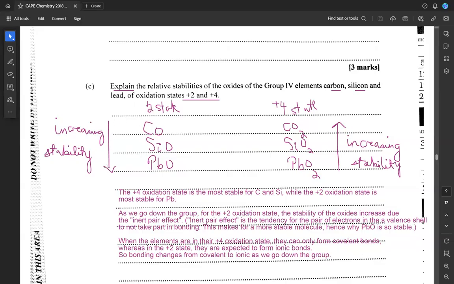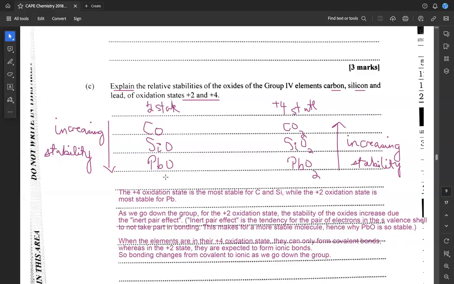As we go down the group, the stability of the oxides increases. So the PbO is the most stable in the +2 state. And that's due to the presence of what we call the inert pair effect, right? And the inert pair effect is really just a tendency for the pair of electrons that are in the s valence shell. Remember, we have electrons in the s valence shell and in the p valence shell in this particular case. Well, the ones that are in the s valence shell are closer to the nucleus and closer to the